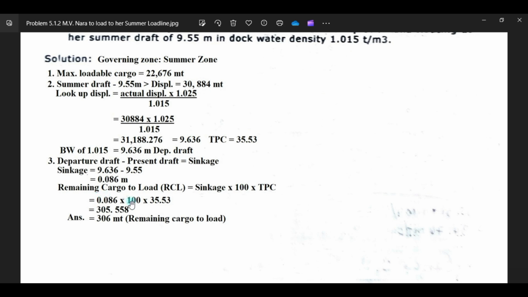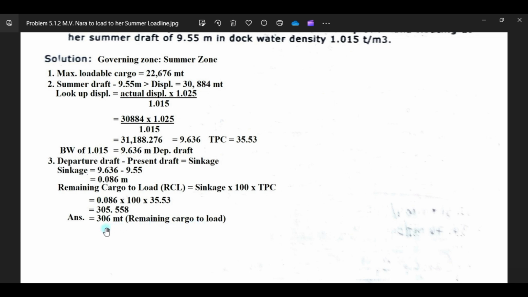So to get the value of remaining cargo is sinkage times 100 times TPC. So your sinkage is 0.086, which is this one, times 100 times TPC. The TPC of your departure drop is 35.53, which is this one, and the resultant will be 305.558, or 306.